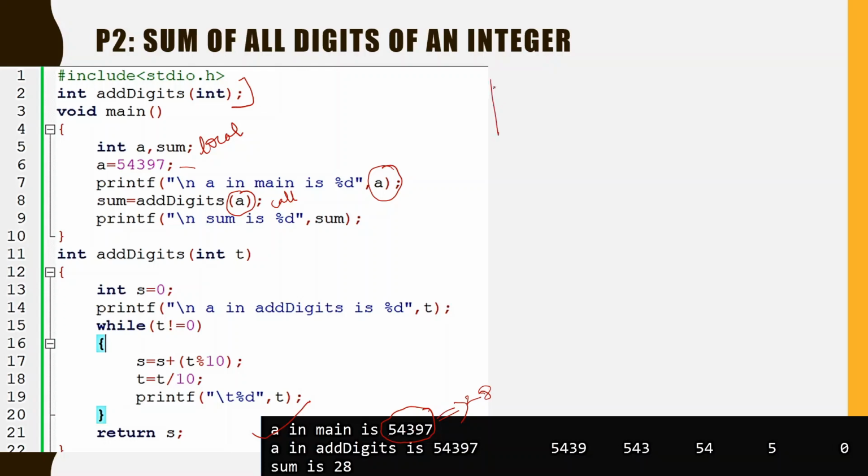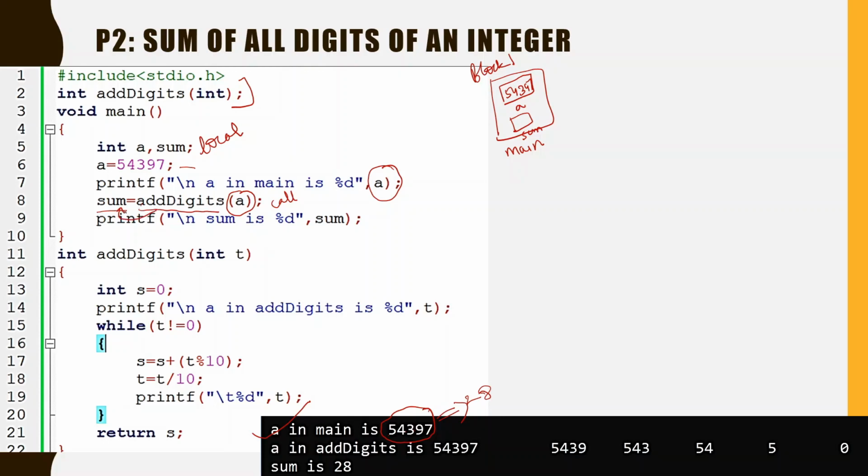So this is memory, and this is memory block 1, which belongs to, suppose, the main function. It has a variable a whose value is 54397, and it also has a variable sum which has not been initialized yet, and it is waiting for a value from the function. This function should return a value, and that value would be transferred into this sum.